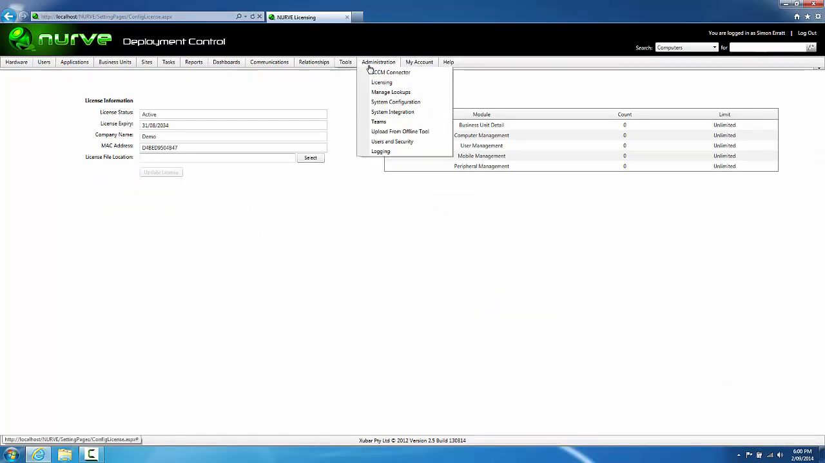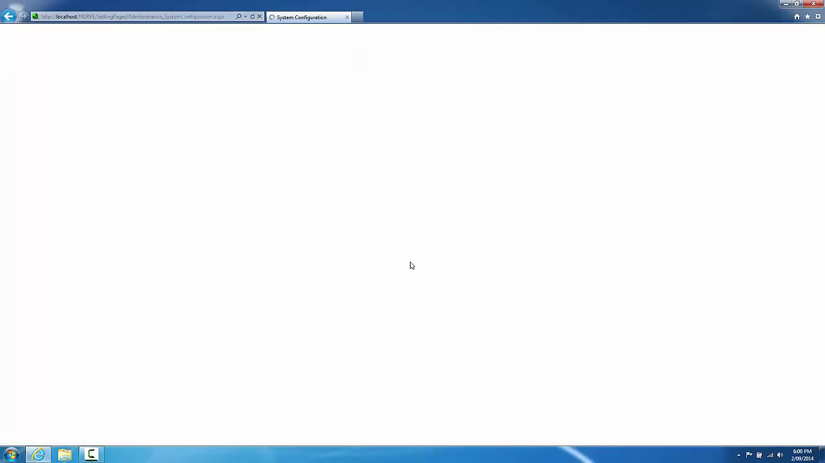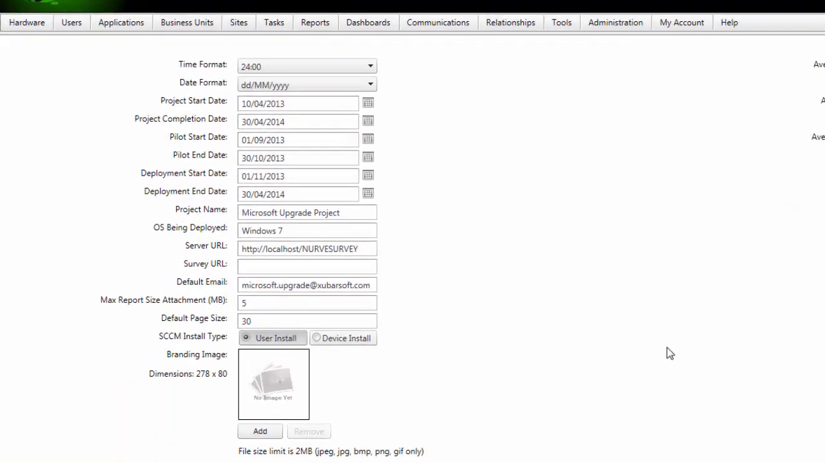Go to the system configuration page, administration, system configuration. So these items aren't particularly important, but you probably want to set those for your particular locale. Project start date and completion date, a pilot start date and end date if you're planning on having a pilot, a deployment start date and end date because you are not necessarily going to be deploying for the whole time your project's running, a project name, typically it's been stood up under a particular name, the operating system being deployed,